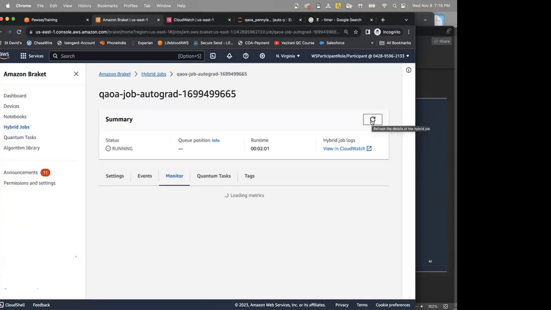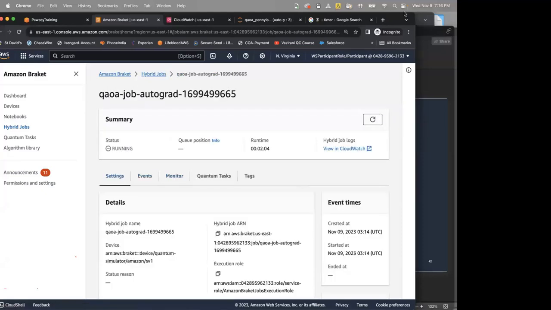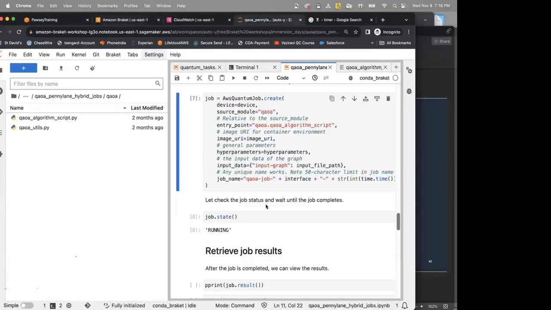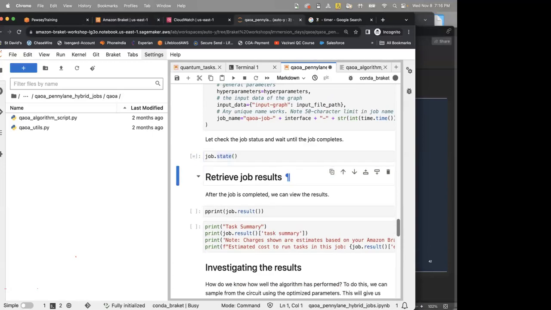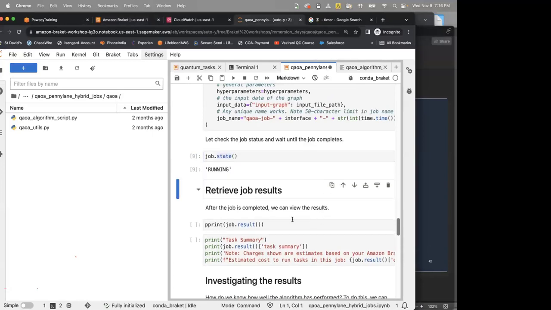This code takes around 5 to 7 minutes to complete. And if I look at the state of the job, it is still running.